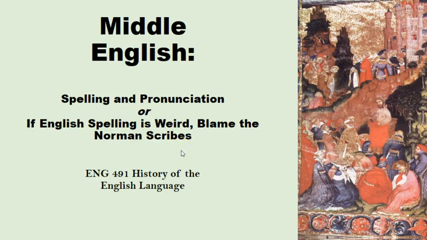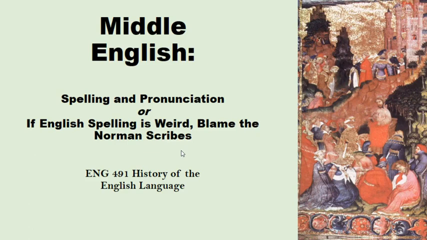Now, why blame Norman scribes? Well, here's the thing, right? In Old English, the writing system was invented by English speakers to write down English, and they used the Latin alphabet. They adapted that Roman alphabet. But over in France, they had adapted the Latin alphabet too, but they had not necessarily adapted it in the same way. So they already associated particular sounds